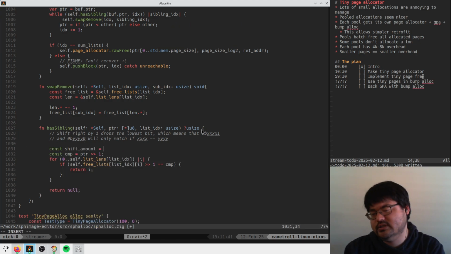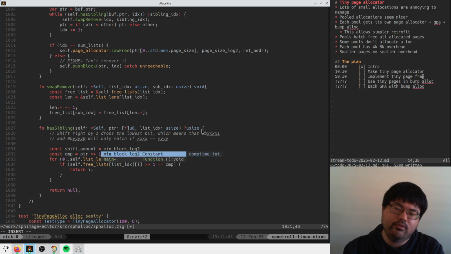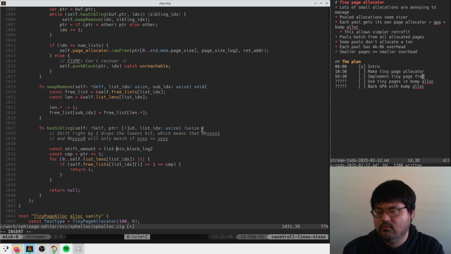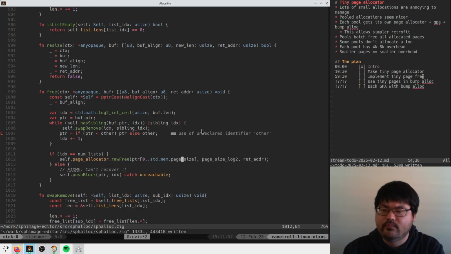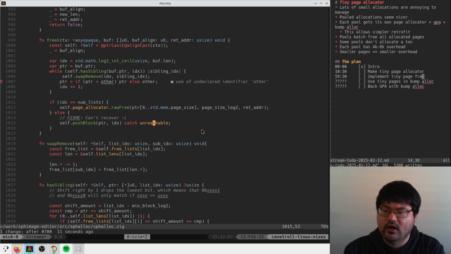Shift amount is equal to what? Min block log 2 minus this, right? So that feels kind of right. Okay, I think we'll just keep doing it this way. That feels nicer. Swap remove, and this returns